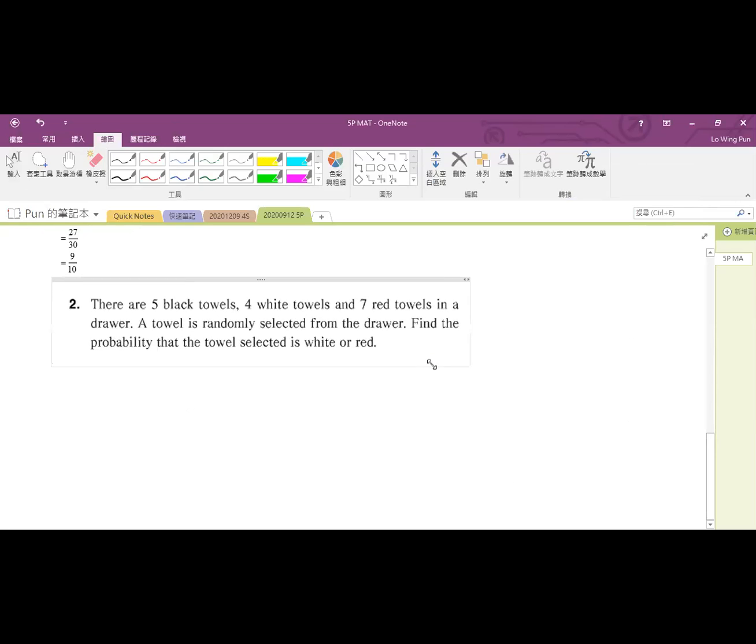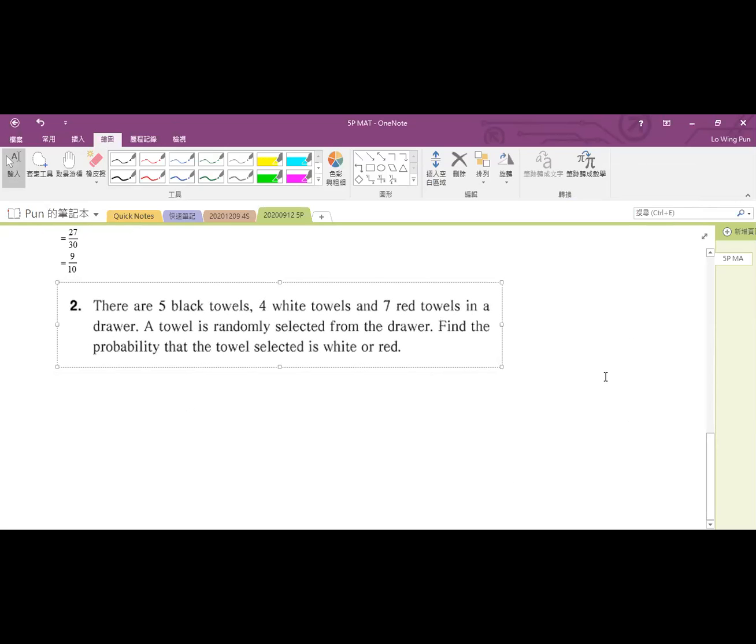So there are 5 black towels, 4 white towels, and 7 red towels in the drawer. 有毛巾喺個櫃桶裏邊有毛巾，5條黑色毛巾，4條白色毛巾，7條紅色毛巾。跟住 a towel is randomly selected from the drawer。而家抽一條出嚟啦，係嘛？OK，揀一條啦。咁我哋知道個分母應該係幾多啊？5加4加7，即係16。OK，但係分子應該填咩咧？就係睇佢 find 啲乜嘢嘢啦。OK，跟住佢話 find the probability that the